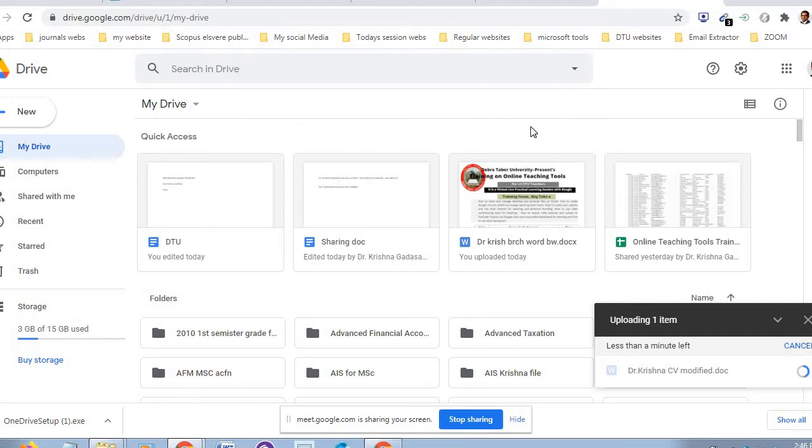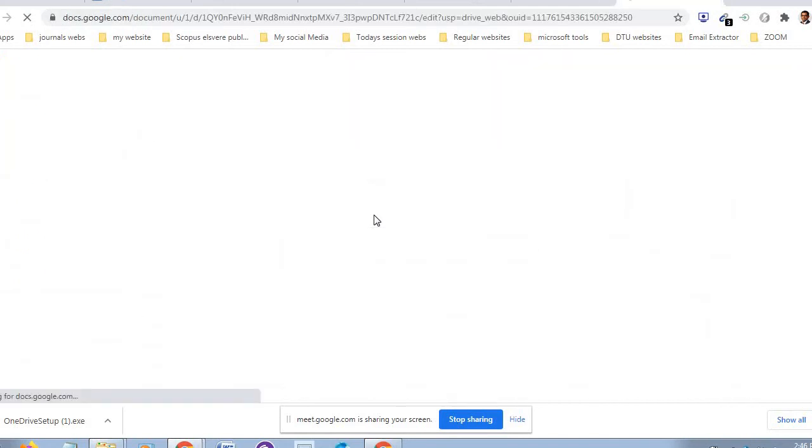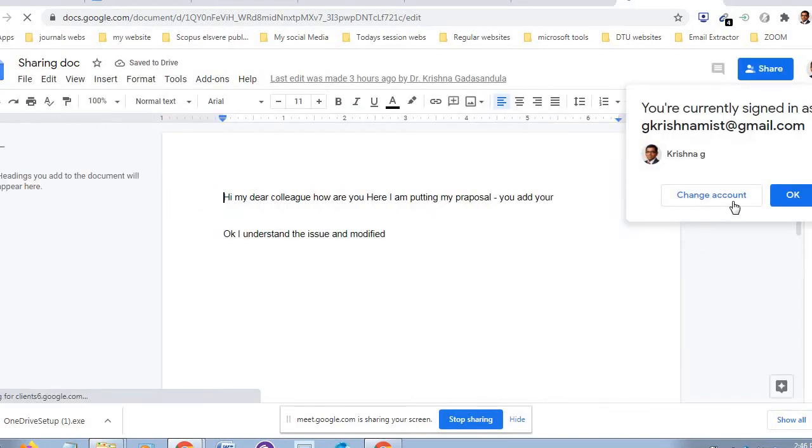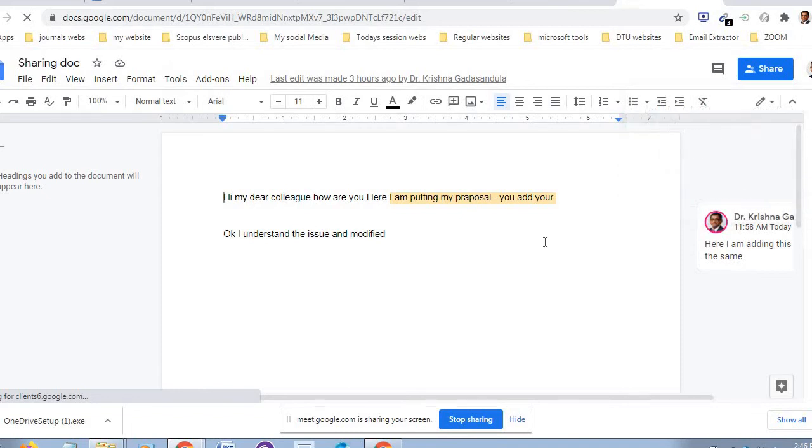One more thing I would like to share here is, for example, sharing a document. Let me open this. As I told you, you people are working on one community project or one paper, one article. One fellow is collecting research methodology, one fellow is collecting a review of literature, one fellow is collecting research tools. So all together they have to mix. So now here you can make one document on the Google Drive.